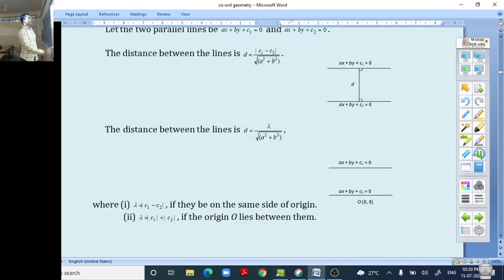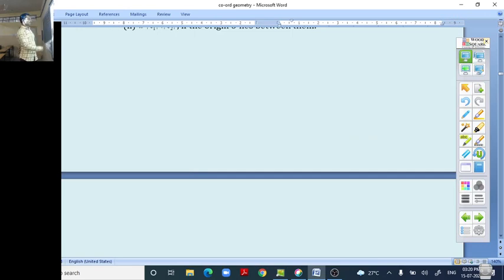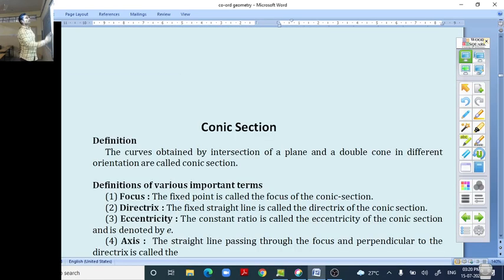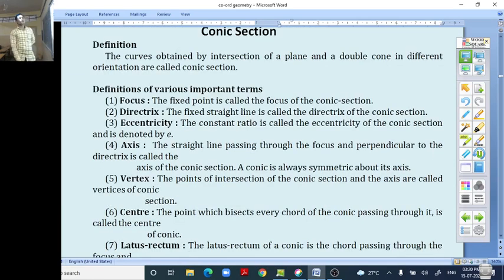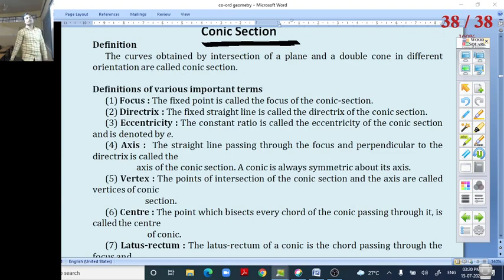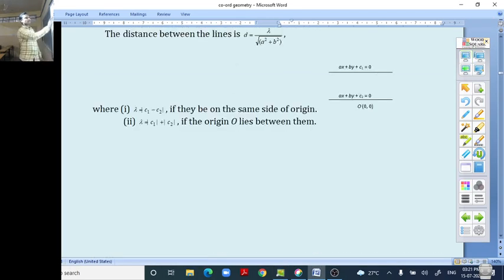So moving on, we will go to some part of the sections of the cone. Okay, so basically the conic section is a very interesting one. It's extremely interesting. And in this video, we will study only the circle. We will only study the synopsis of the circle today. And in the next class also, we will continue with the next part of these videos.